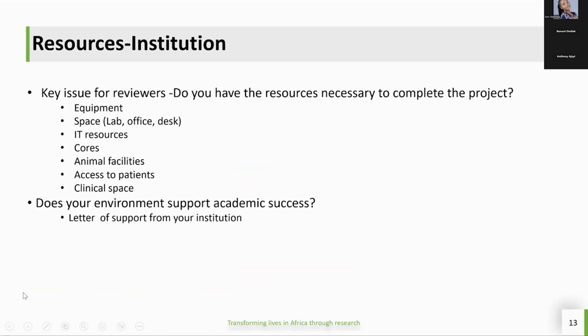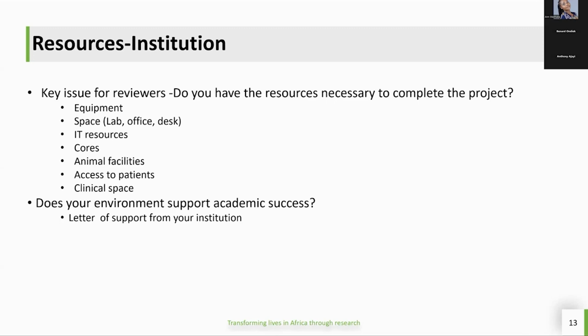And how are they going to report to the PI or to the lead? Now, resources and institutions are also really important. If you are a small organization, you might also want to demonstrate what you've done previously related to the project. Have you implemented similar projects in the past? So it's just about telling stories about